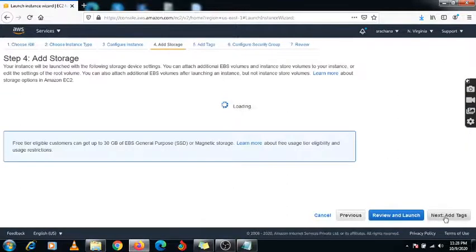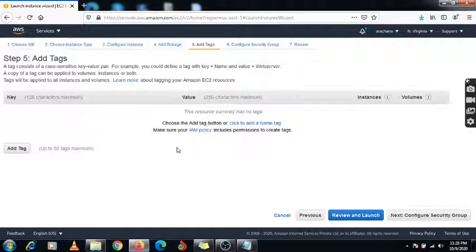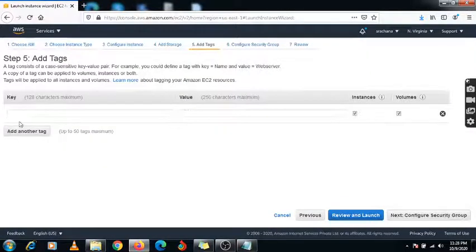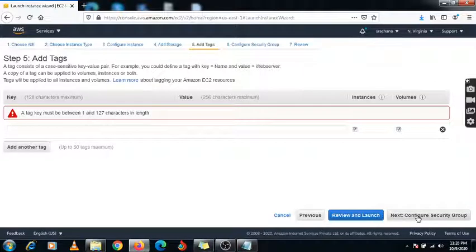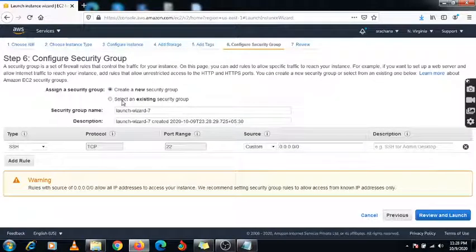Just click on next. Here I am going to select the same volume and add. I am not specifying any tag. Configure the security group. I am creating one security group named elastic load balancer service group 10.